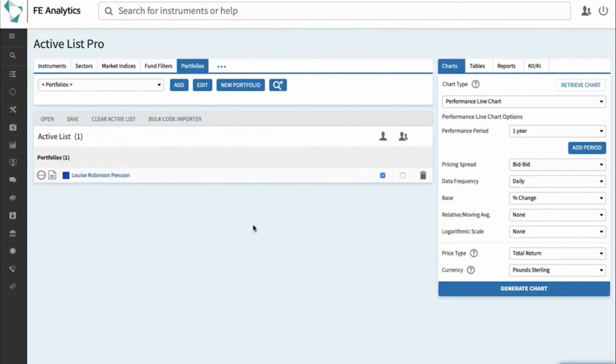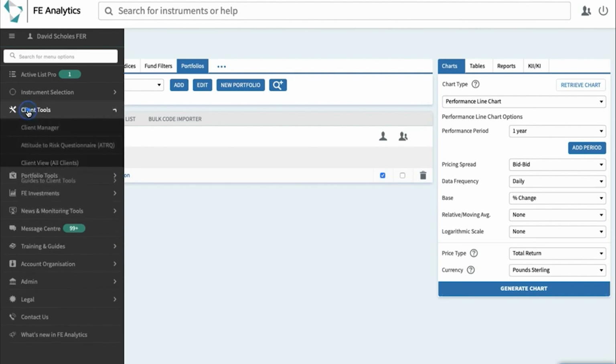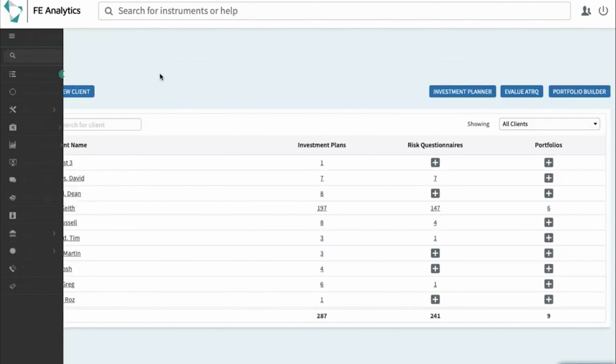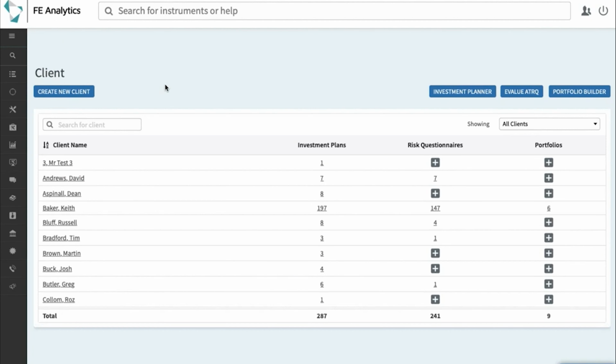Now back on the main screen, I want to create an ATRQ for Louise. So on the left hand side, again, go back to Client Tools. This is an old attitude to risk questionnaire we have on the system, so ignore that. Most people now won't have that version. They'll be on the new version, the investment planner. So you'll have Client Manager and Client View, all clients. So if you click on this one here, it flips the screen and allows you to start creating risk profiles